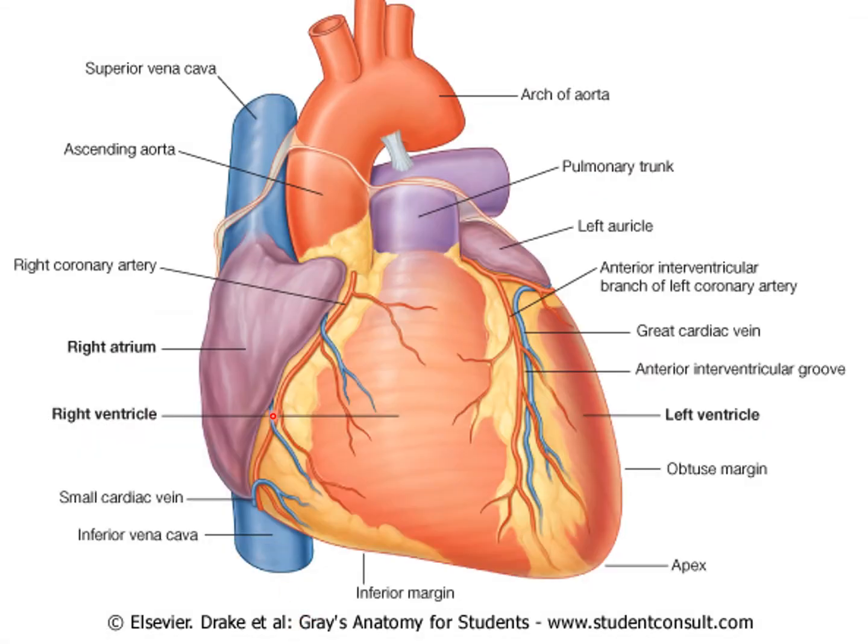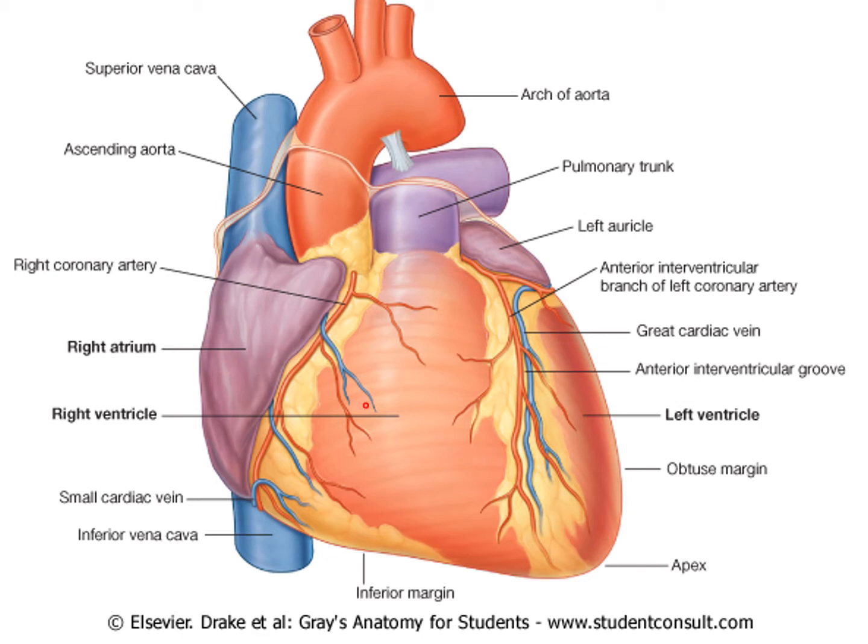First, the external features of the right atrium. The right atrium extends from the right part of the atrioventricular groove. This one is the atrioventricular groove. The right atrium forms part of the sternocostal surface, the entire right border and one-third of the base of the heart. This one is the right border, this surface is the sternocostal surface, and this posterior part is the base of the heart. So the right atrium forms part of the sternocostal surface, the entire right border and one-third of the base of the heart. These are the external features of the right atrium.